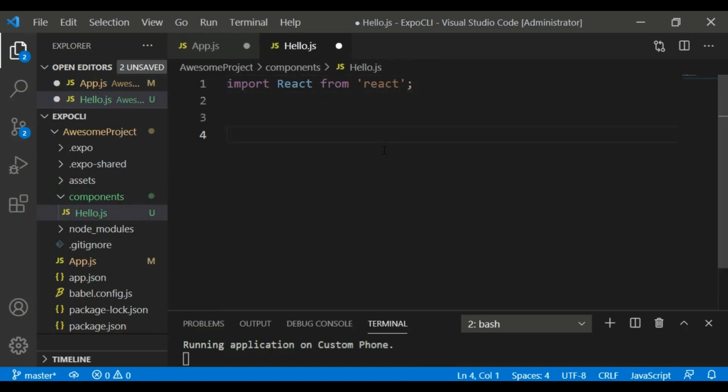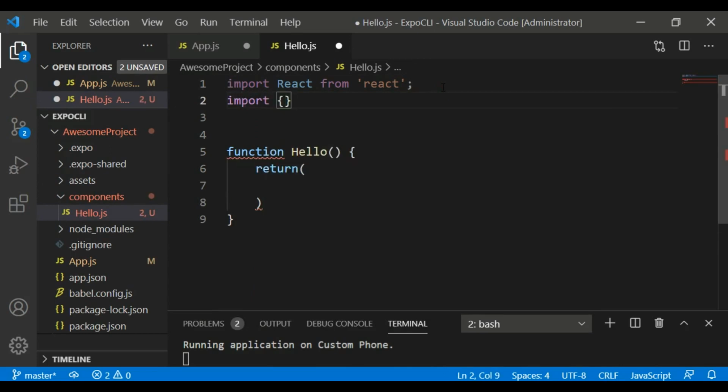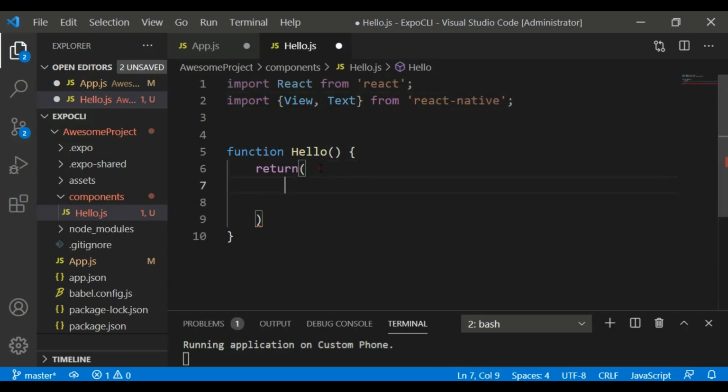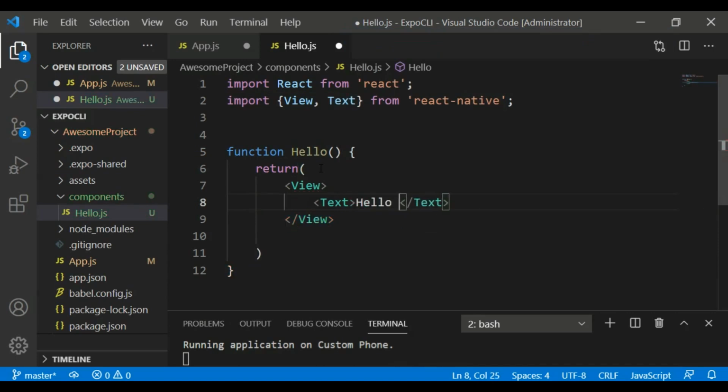And after that, as I've already said, functional components are basically just regular JavaScript functions, and I can just create a function and call it Hello. And here we need to just return JSX, and after that let me also import View and Text from React Native. And here first we need to create a View, and in the View we want to create a Text, and in the Text we can just say "Hello from